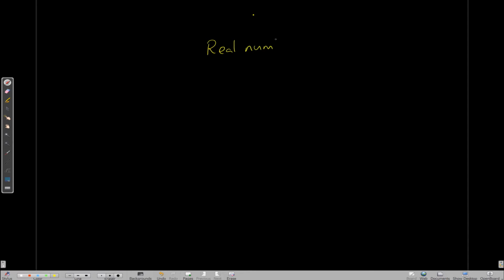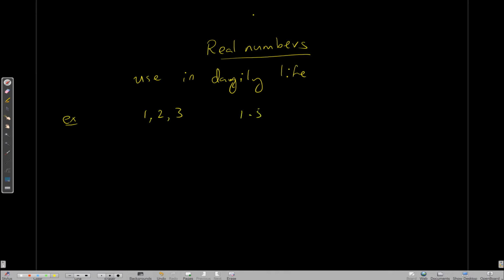What are real numbers? Real numbers are the numbers that you use in day-to-day life, right? All the numbers that you use in daily life. For example, 1, 2, 3, these are real numbers. Even 1.5, 1.73, negative 16.87, all those numbers are real numbers. And even numbers like this, they are real numbers. So all the numbers that you know of, except